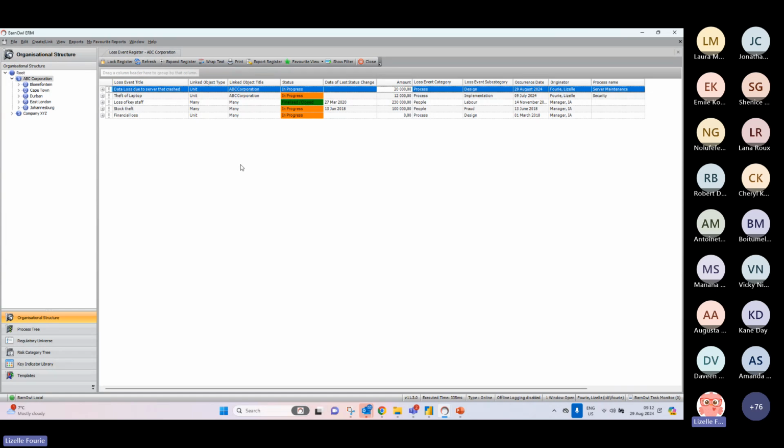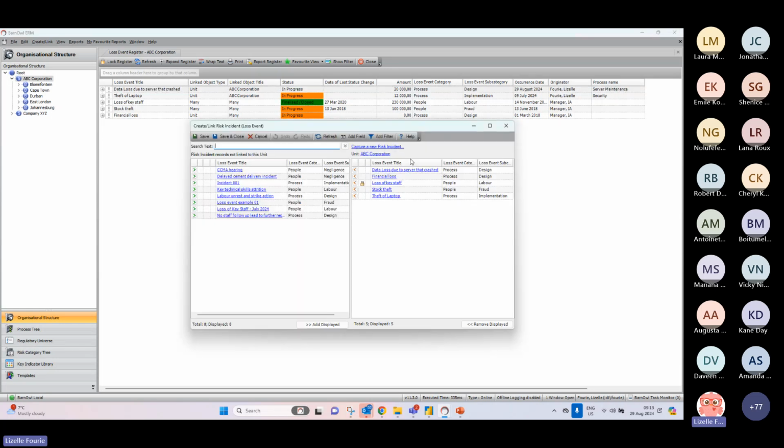when you are within the loss event register, or within any incident register, you can right-click anywhere in the blank space. You will navigate to create/link, risk incidents to unit, because you're putting an incident within this unit, and we are specifically capturing a loss event. This will open your create/link risk incident loss event screen, and all the incidents that you see on the left-hand side are incidents or loss events that have been captured within this database, but is not currently linked to this